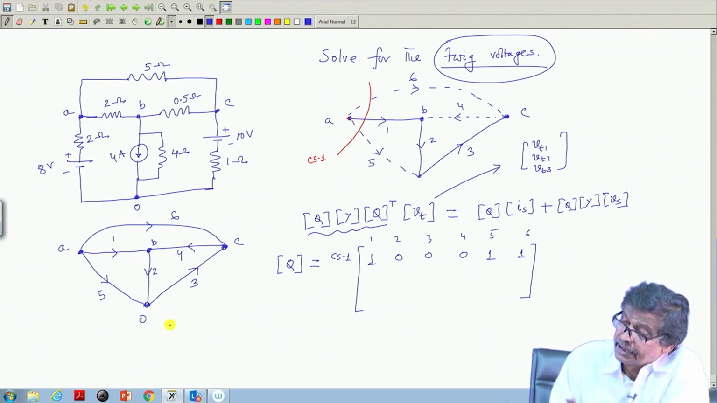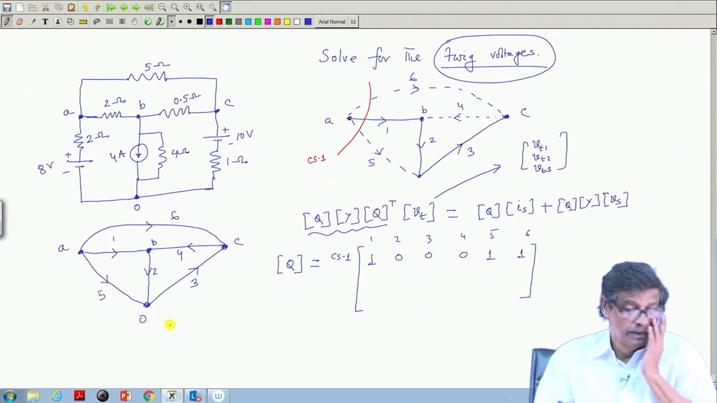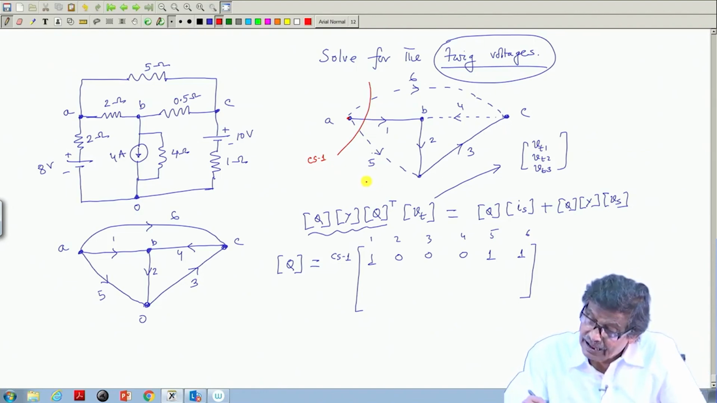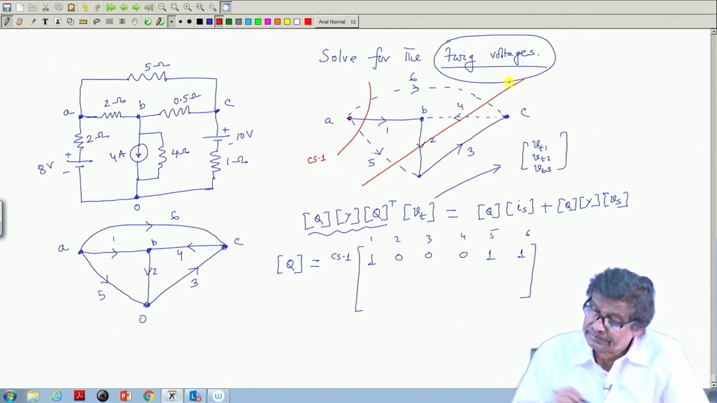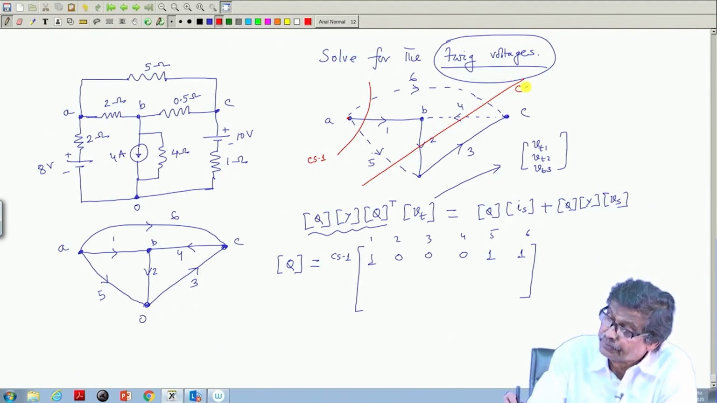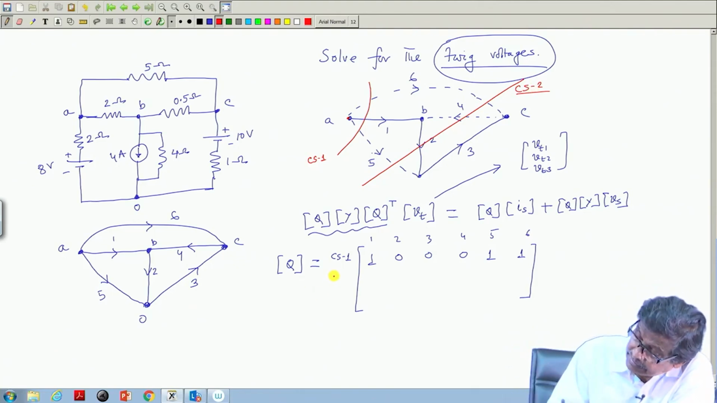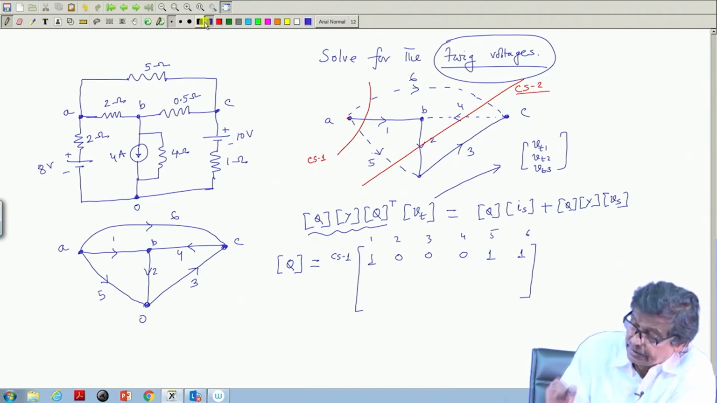Similarly, I have to make a cut set involving this tweak 2, is not, cut set 2. How this can be done? This I will do it like this. This is cut set 2. Is it a valid cut set 2? Yes, because it involves only one tweak and 1, 2, 3 links. So, valid cut set, and in this cut set 2 I have to write down the KCL